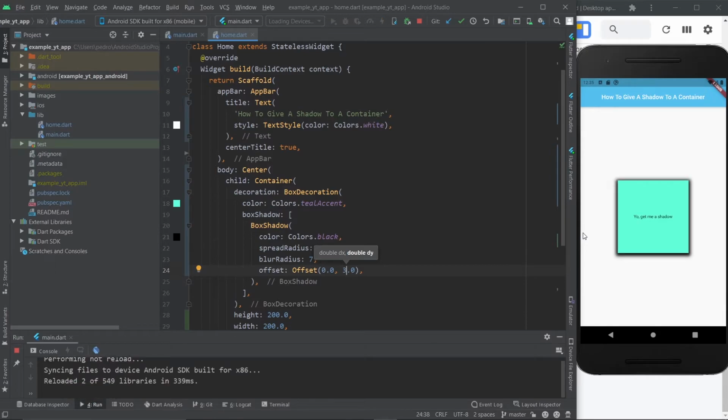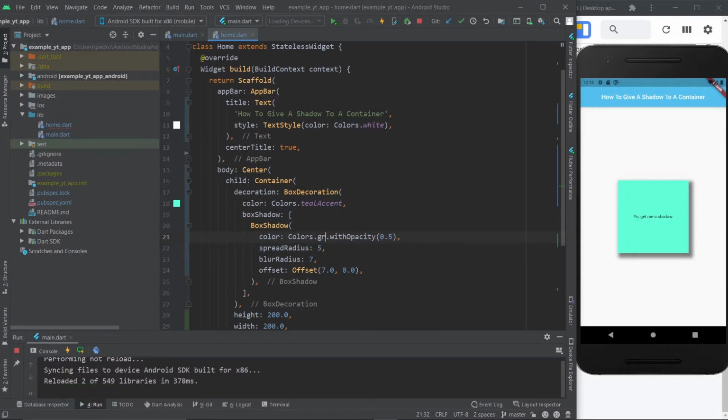That is if you want the shadow to be surrounding the whole box. If you want it to be more to the side, then you just do something like this. Maybe give this a 5, something of the sort. Maybe you don't even want this shadow here and here to show up. In that case, something like this. And then, as you can see, this shadow looks really ugly. So you can just do withOpacity and then decide 50%. That's what 0.5 means. I hit save and it looks better.